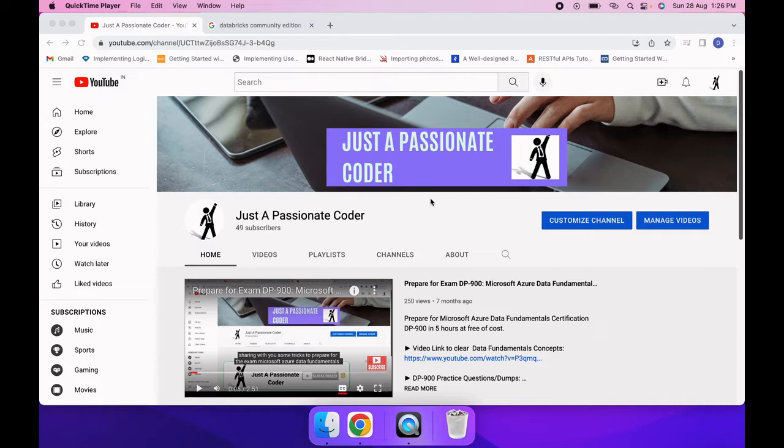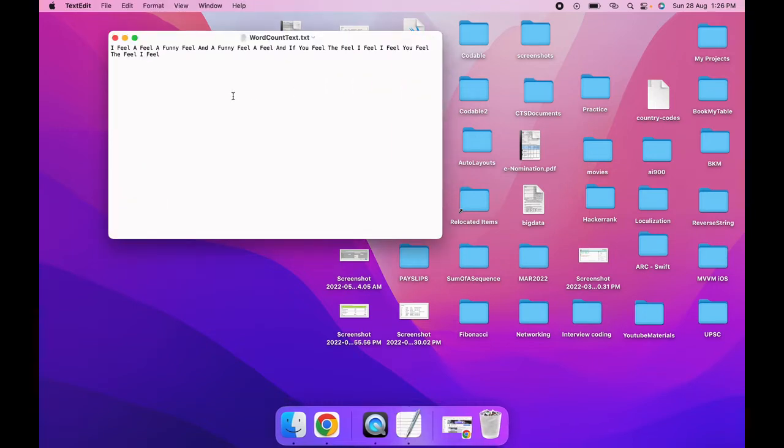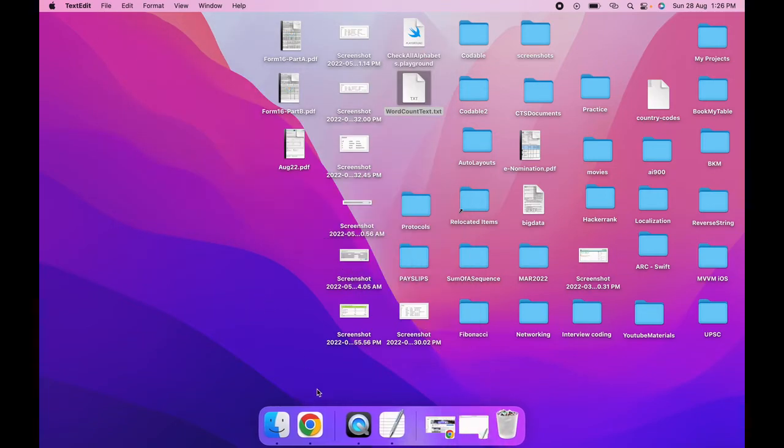Today I am going to discuss one of the frequently asked interview questions in big data: the word count program. If you don't know about the word count program, basically we need to find the number of occurrences of each word in a sentence, like how many times that word is coming in the sentence. For this I will be writing a Spark program in